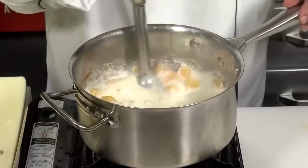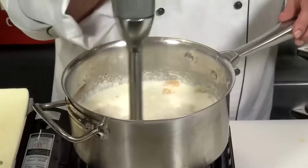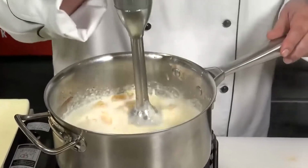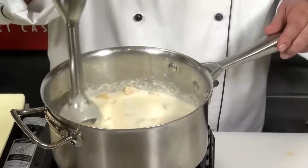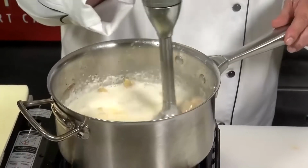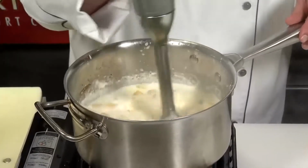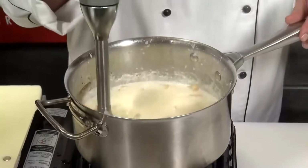Now our squash has simmered in this creamy sauce for about a good 20-25 minutes. It's time to blend it. I personally like an immersion blender for this. Sometimes you have to push down on them a little bit. But once they all start to go, they'll start to blend really well. And now you start to see the color of that Alfredo sauce start to change to that golden orange color